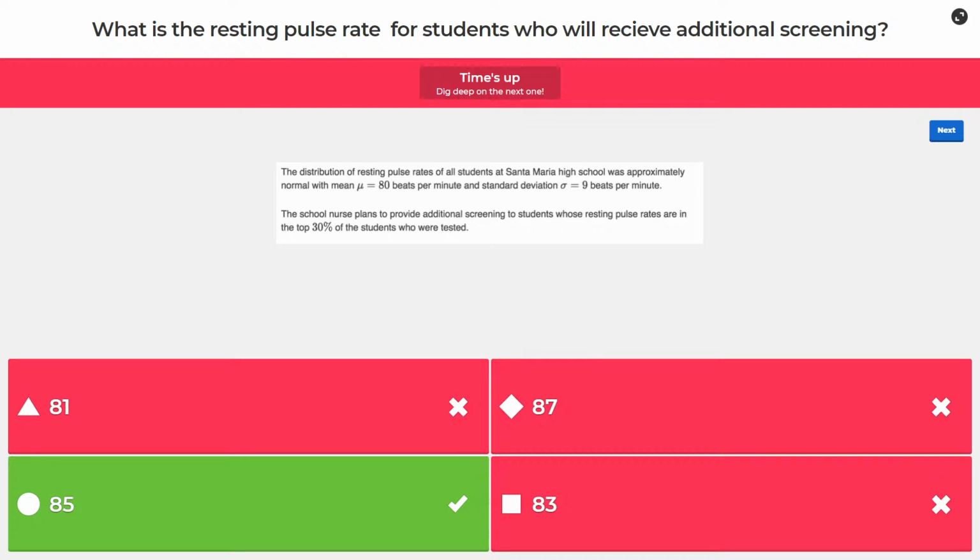All right, and yeah, so our resting pulse rate for students is going to be 85. And